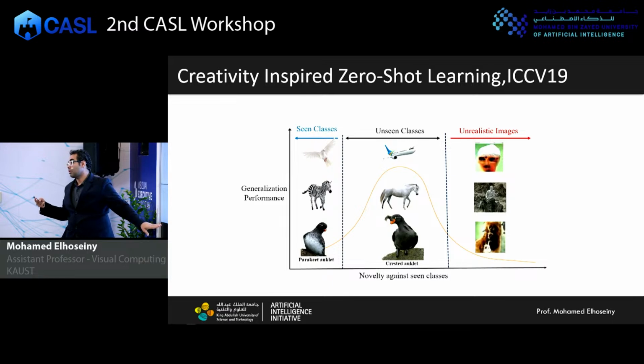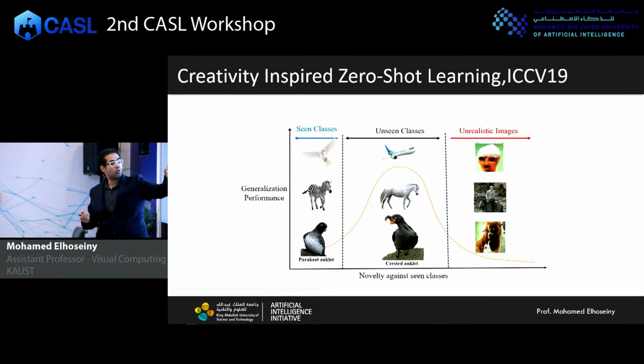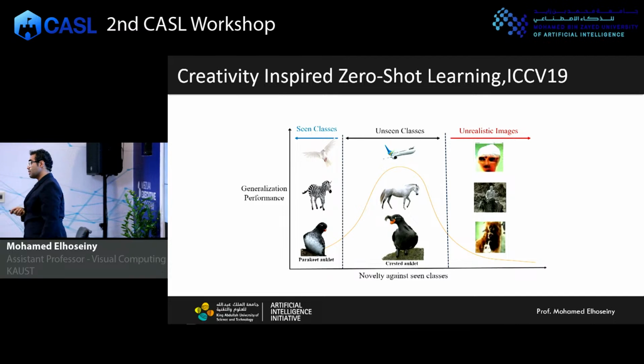So the question is, how can we push the differences between these two classes so that the model can distinguish between them, but we don't want this visual generation to be pushed too far, so that we produce something far away that doesn't mean anything. It's not grounded to the text description. Because we understand concepts like red beak or orange beak or plumage from classes that we have learned. We understand the pieces and the parts, the composition of the units, the perception units that we got from being exposed to seen classes, and that is what enabled us to recognize unseen classes well.